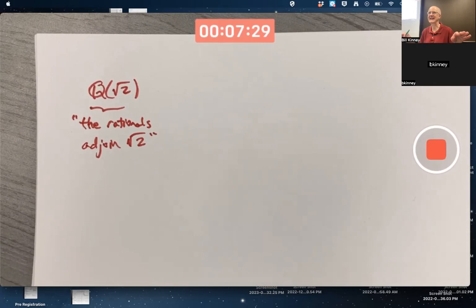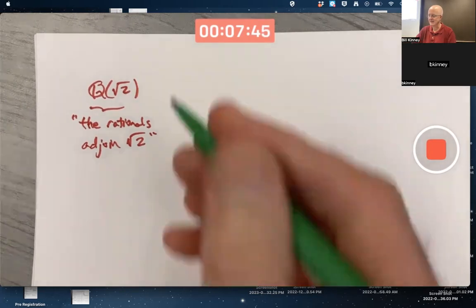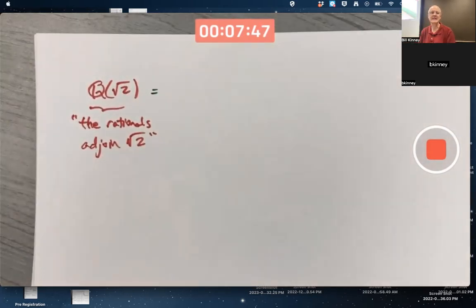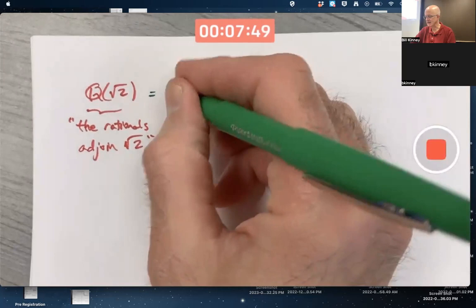That's a common mistake. It's a mistake I often thought when I saw this. Okay, I'm going to take all the rationals and just add in the square root of 2. No, many other numbers besides square root of 2 are in here, beyond the rationals. Infinitely many, in fact. The definition of this is the smallest